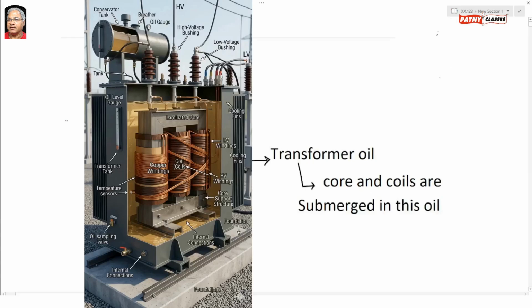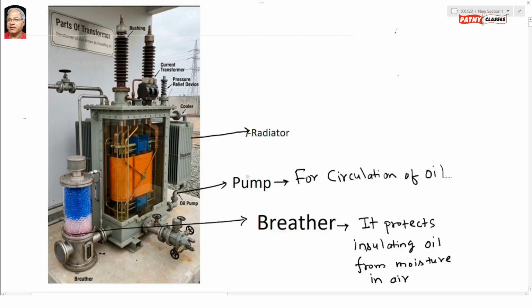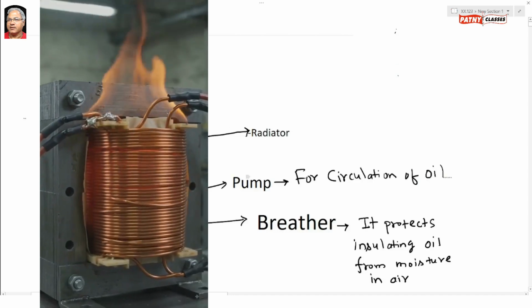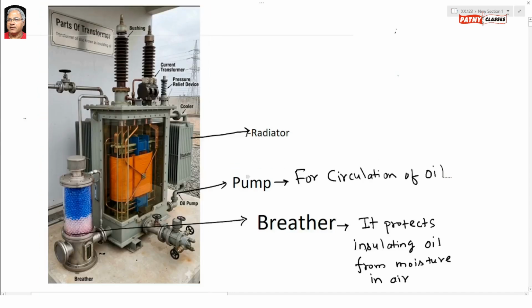Now, in which part of the transformer do we use this oil? The answer is the core of the transformer and the coils of the transformer. These are submerged in this transformer oil. When the transformer is loaded, what happens? The coil draws the current, and there are iron losses, core losses, copper losses, etc. Because of these different losses, the system temperature increases, and this heat is absorbed by the